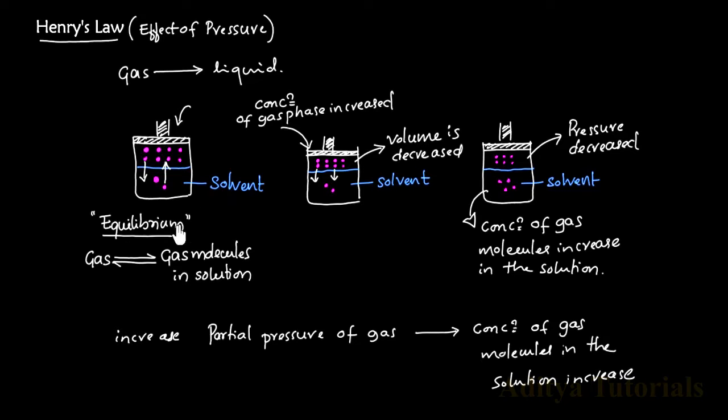Okay, now one more point we have to introduce here. In the beginning, there is an equilibrium. When you apply a force on this piston, the piston moves downwards, and by that the concentration of gas molecules here increases because the volume is decreased. When the gas molecule concentration above the liquid surface is increased, the molecules start dissolving in the solvent. So why are they dissolving in the solvent? What is the requirement? The requirement is to establish the re-equilibrium. So here a re-equilibrium is established.